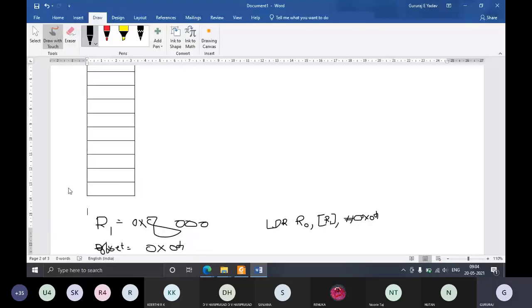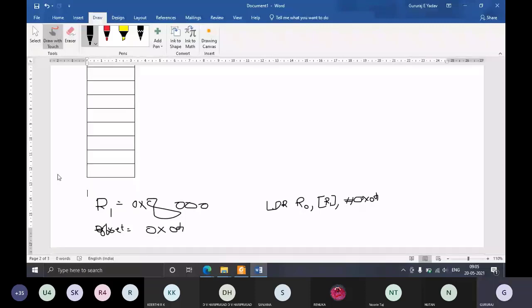Now we'll assume that this is the memory that we have. This is the location 8000. Remember, because it is a 32-bit address, it is 0x0000 followed by 8000. This is the address pointed to by R1, so this is where R1 is pointing.